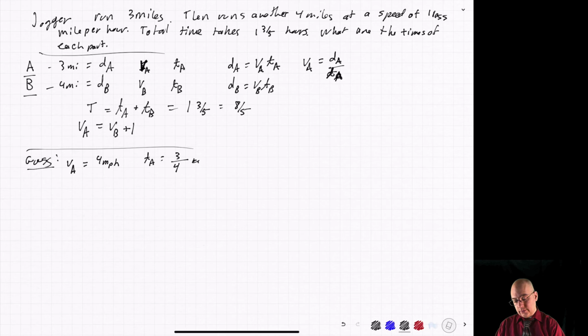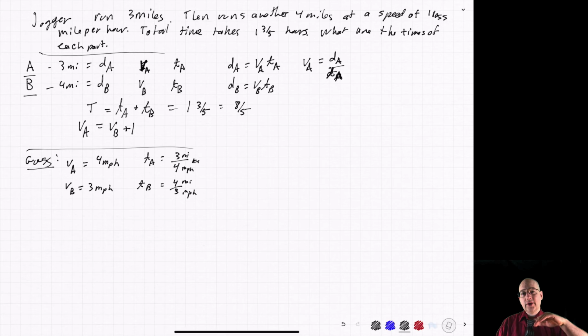So that would be 3/4. And then velocity of B was 1 less, 3 miles per hour. And the time B, so that's 4 divided by 3. Dividing by miles per hour is the same as multiplying by hours per mile. In any event, that's 4/3, and 3/4 plus 4/3